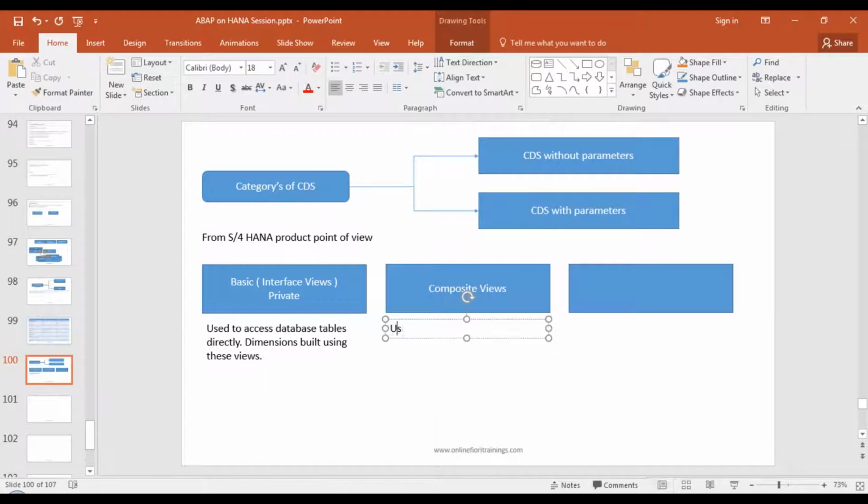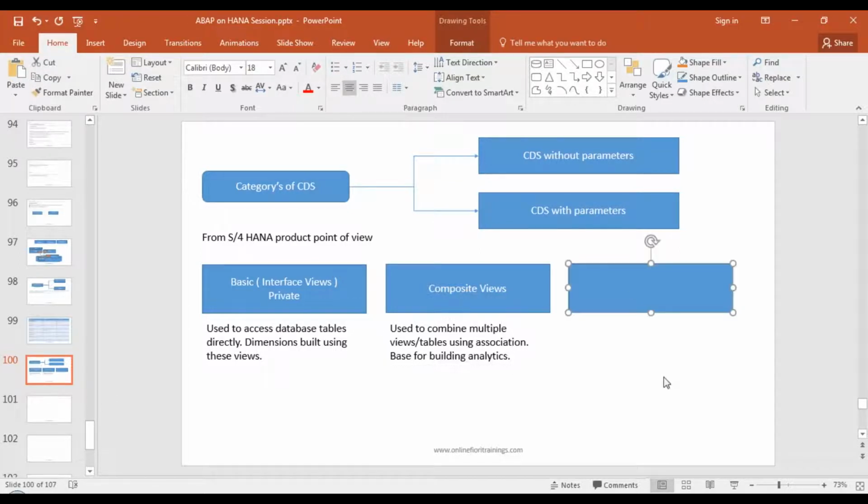They are used to combine multiple views or tables using the association concept, and they are the base for building analytics, but they are also not consumed directly by the Fiori app or anything else.